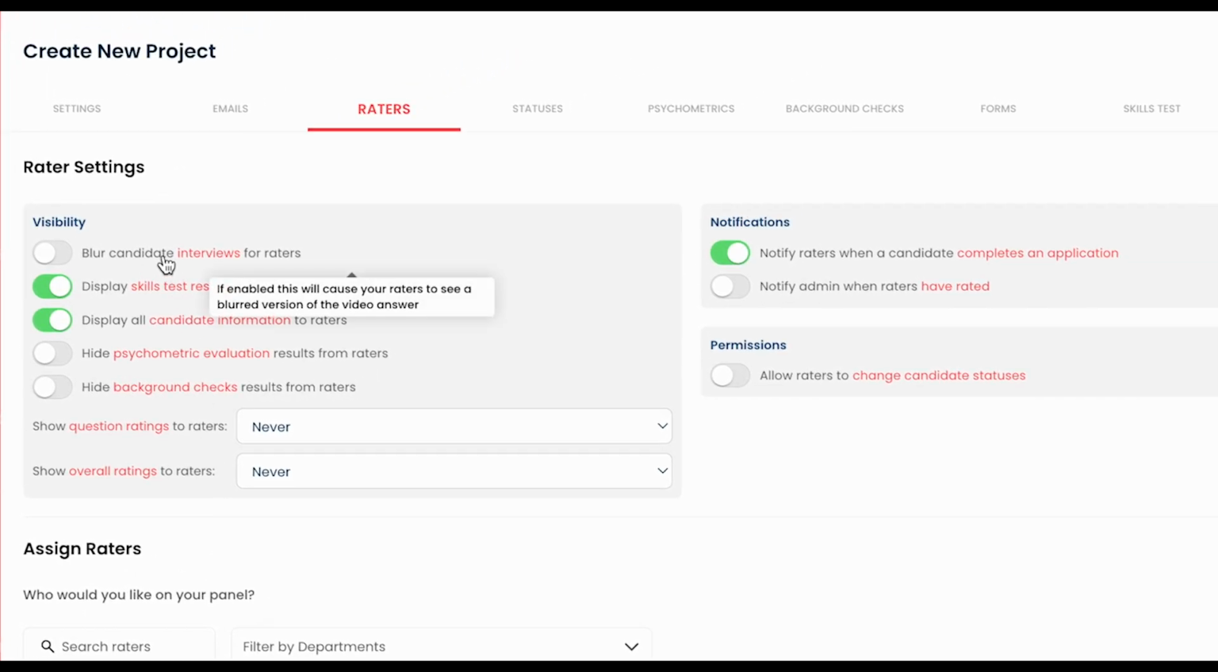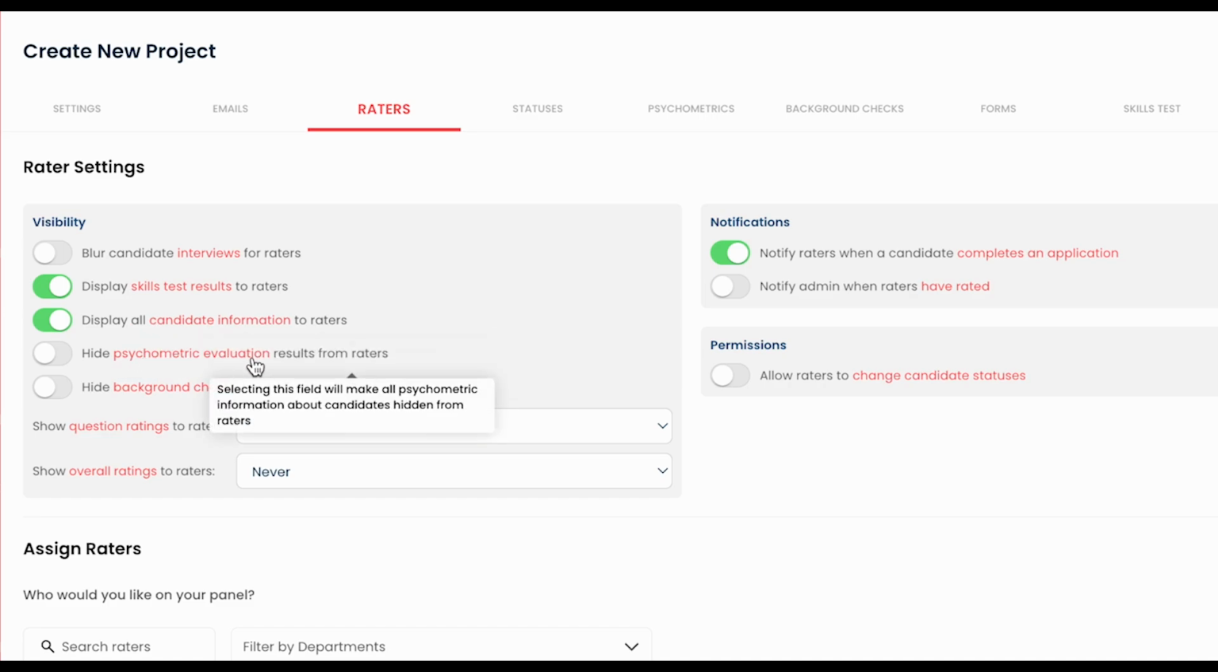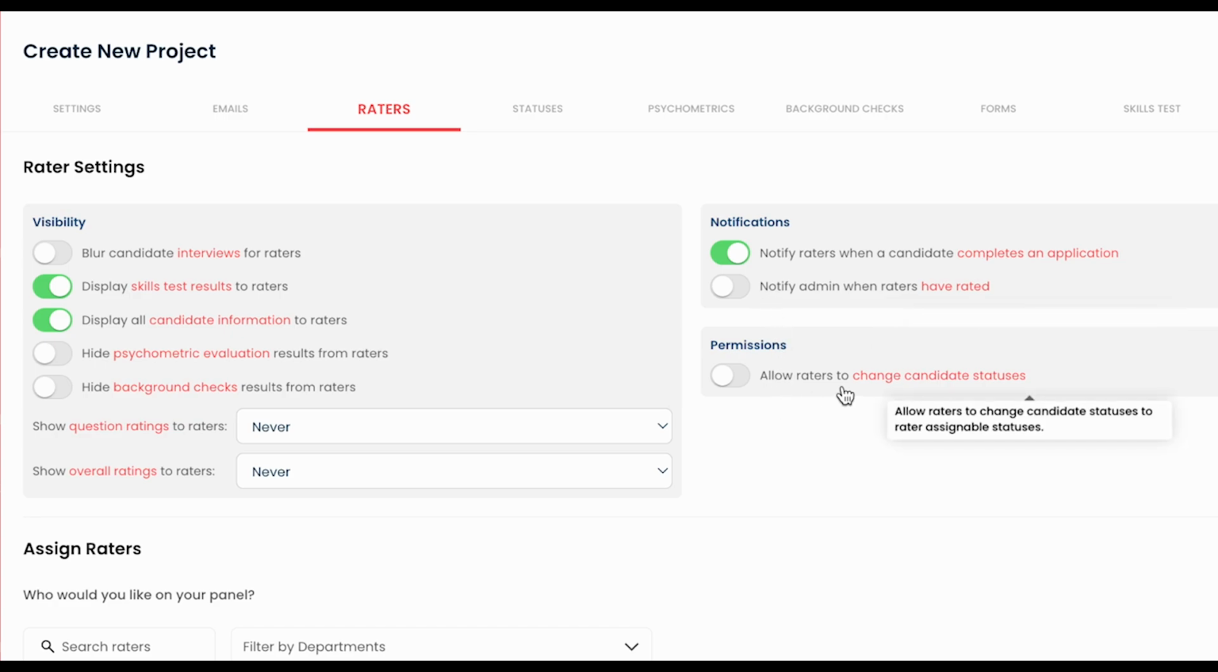You're also able to blur a candidate from raters. You can display or not display the skills test results. You can hide the candidate information from raters. You can hide the psychometric evaluation results as well as the background check results if you're using those features. You can decide whether to notify or not notify administrators and raters, and you can also allow raters to change